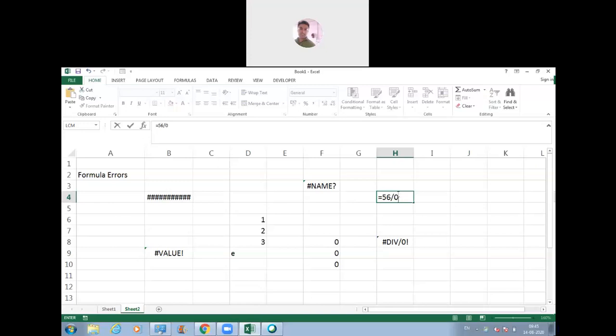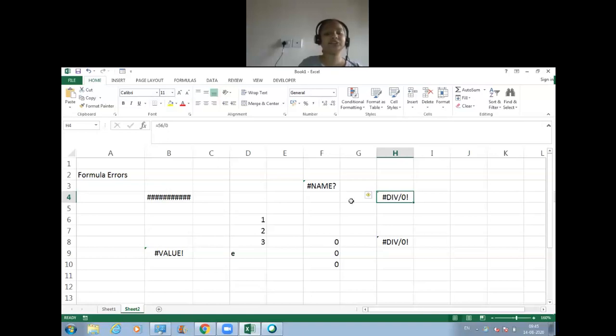Excel is going to consider it as an error. So instead of reflecting a meaningless result, it is going to throw an error. And what does the error look like? This is the error that Excel is going to throw when we try to divide some number by 0. So what is the name of this error? Div by 0, the division by 0 error. Hope the division by 0 error is now clear.